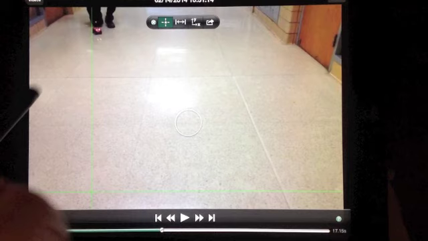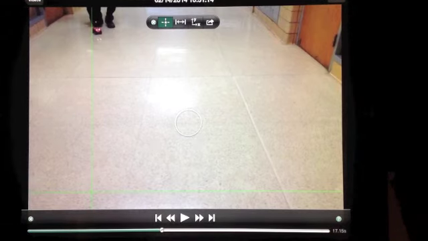Last piece of data I need, the order you collect it obviously doesn't matter, but the other piece of data I need is the time, and the time we're talking about is the time it takes from when I cross this line. That's the horizontal distance in my triangle. So I would measure that time, which in my case looks like 17.15,